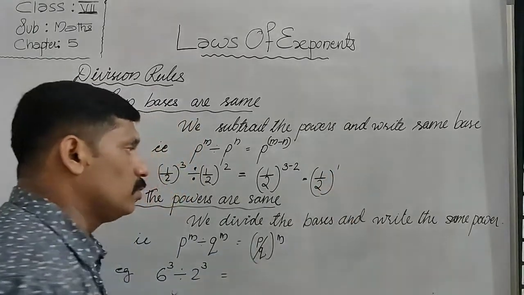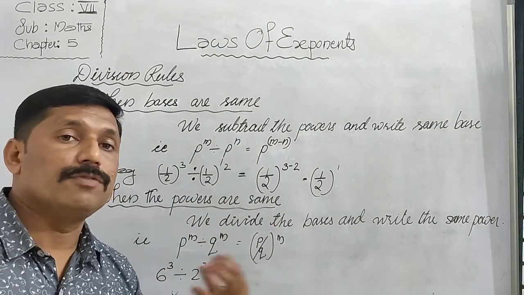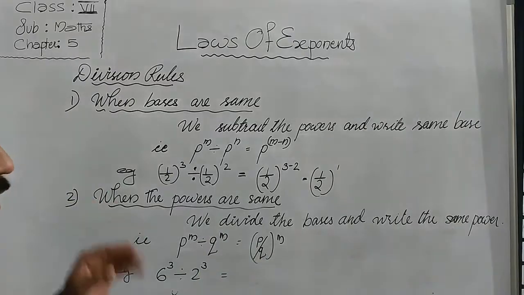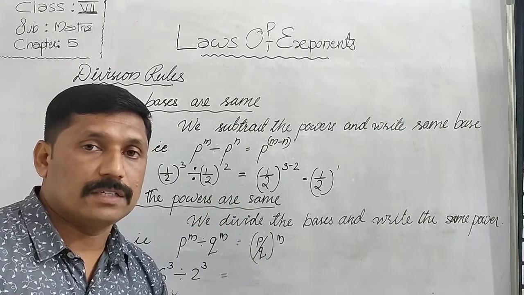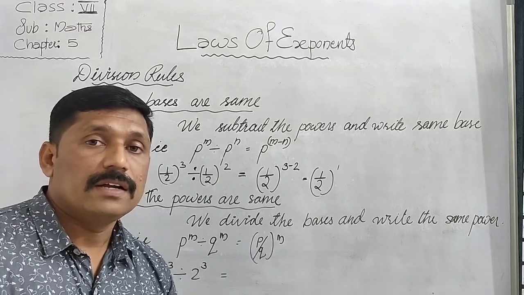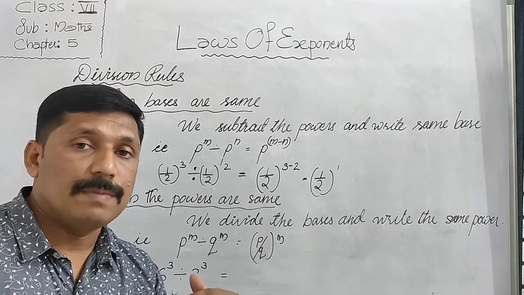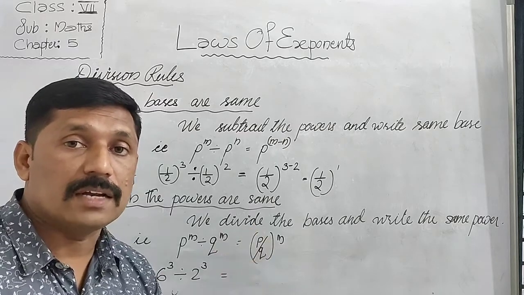That is equal to 1 upon 2 only. So in this way, when the bases are same and powers are different in division, we subtract the powers and write the same base. The second condition is that when the powers are same and bases are different. Students, here we divide the bases and write the same power. In multiplication, we multiply the bases and write the same power, but in division, we divide the bases and write